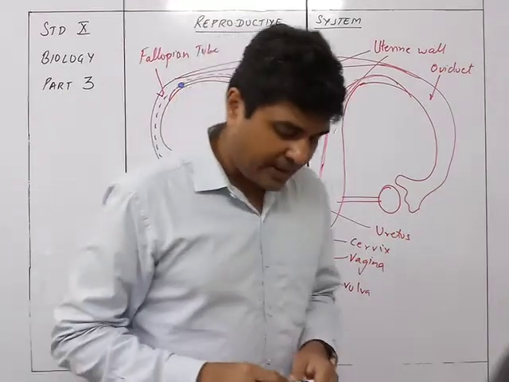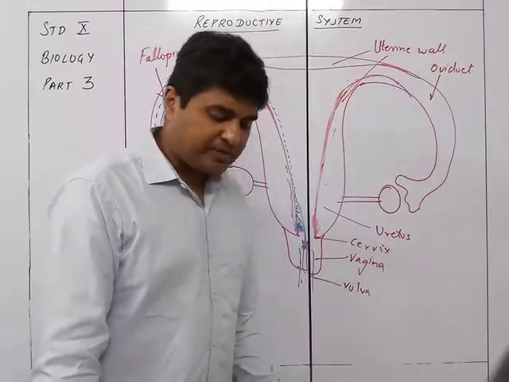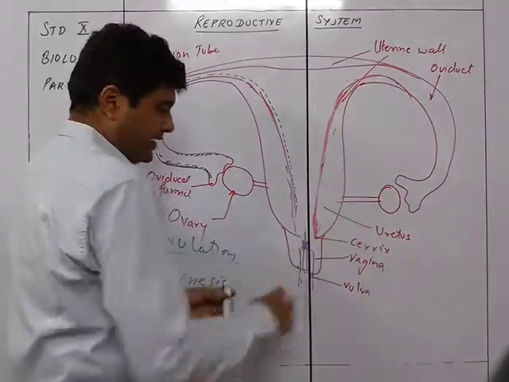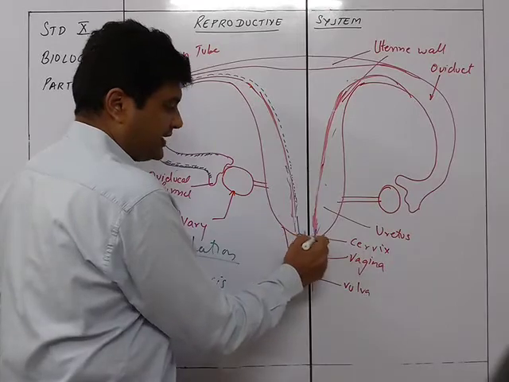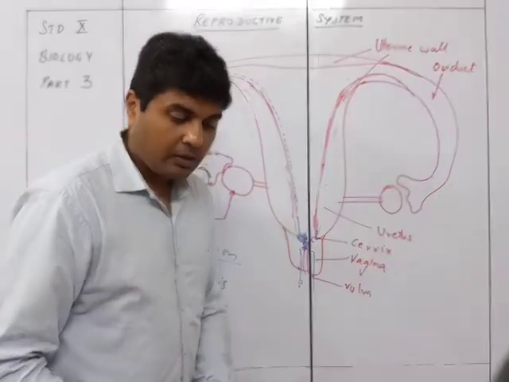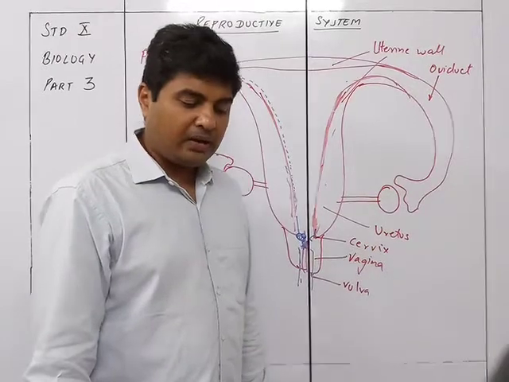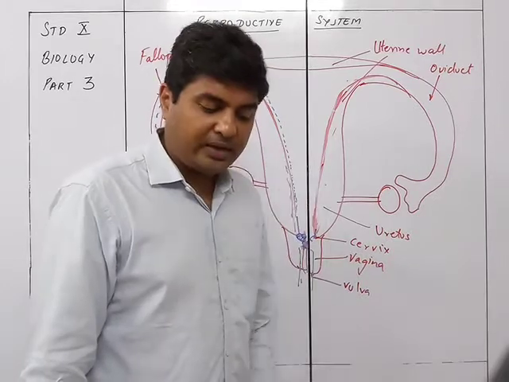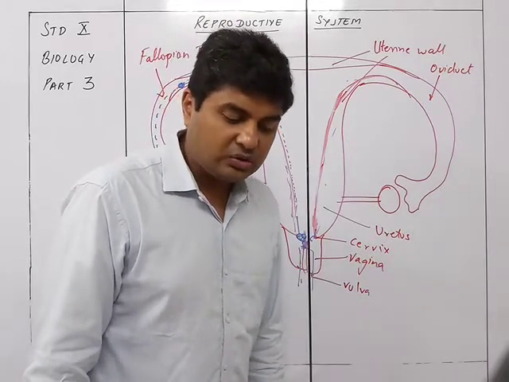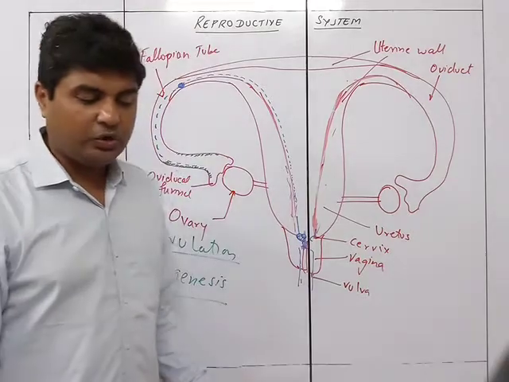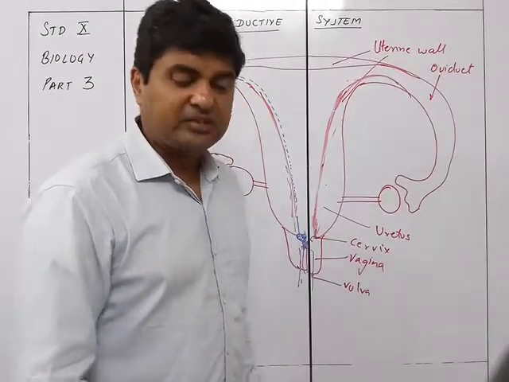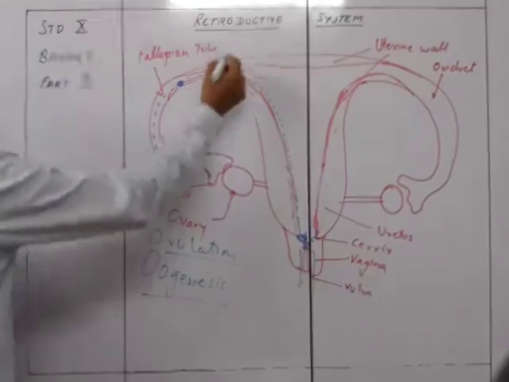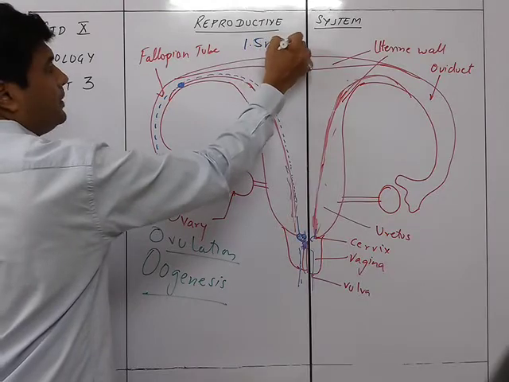So this is what they are saying, that during copulation the sperms are released into the vagina near the cervix. They cannot go inside; it will be near the cervix that it will be discharged. A single ejaculation of a human male contains about 400 million sperms. These sperms actively swim with the help of the tail and pass through the cervix into the cavity of the uterus, progressing at the rate of approximately 1.5 mm per minute. The speed is just 1.5 mm per minute.